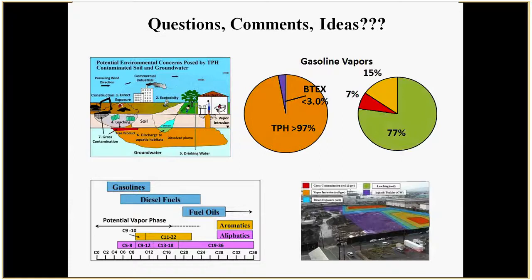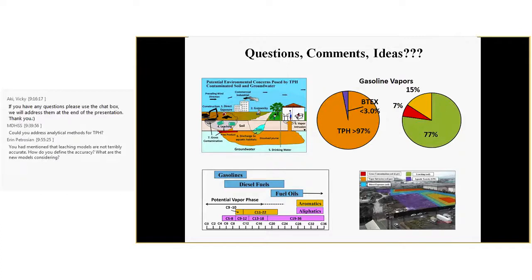I don't know, Roger, how much you can get into detail on this, but the question is, could you address analytical methods for TPH? That's a great question, and that's something that's being taken up in the ITRC document. The ITRC document goes into a lot more detail on the chemistry of carbon ranges and such, and there's also a section that discusses analytical methods for TPH, especially we need better methods for groundwater, for water in general. We'll talk about that in some of the case studies. But wait for ITRC's webinars. I think they're going to start end of the year, early next year. They'll get into more detail on that. We'll add some detail in our guidance also.